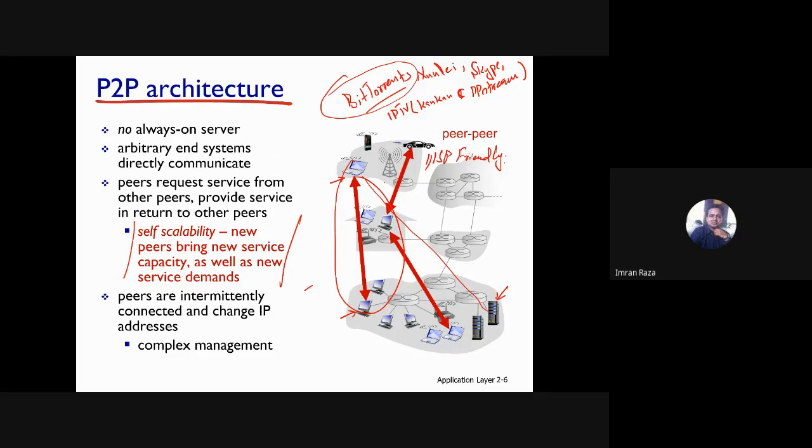Why? I would like to elaborate this point. So when I say ISP friendly, what do I mean by this? I mean, for example, this machine A is connected with this ISP. Let me assume there is PTCL, okay? And we have asymmetric bandwidth.